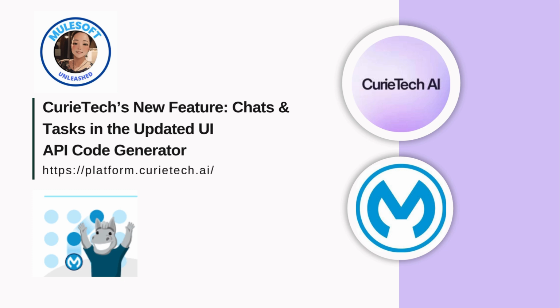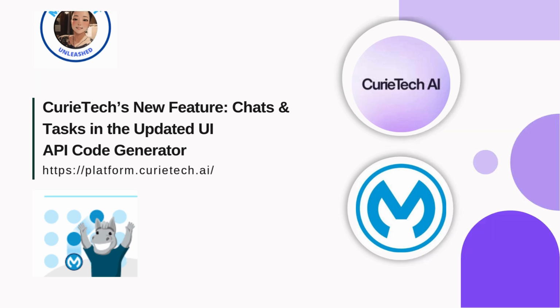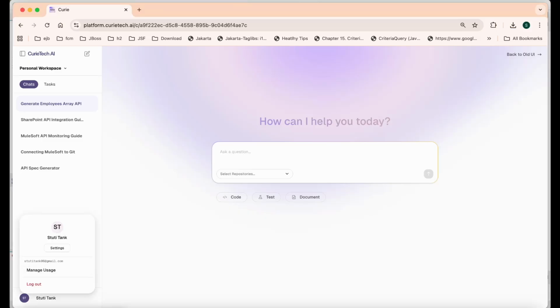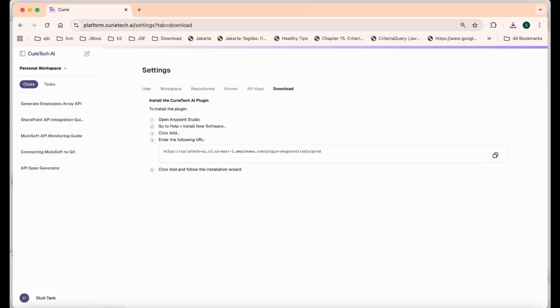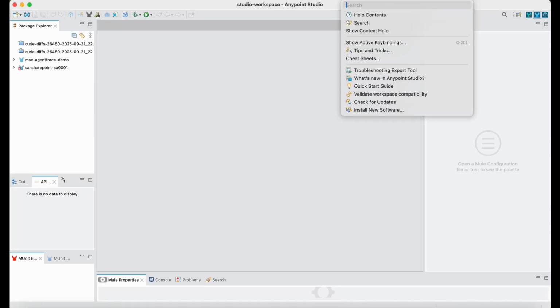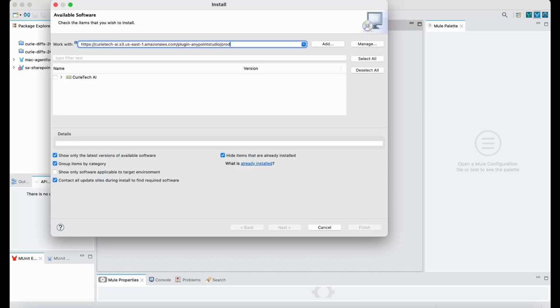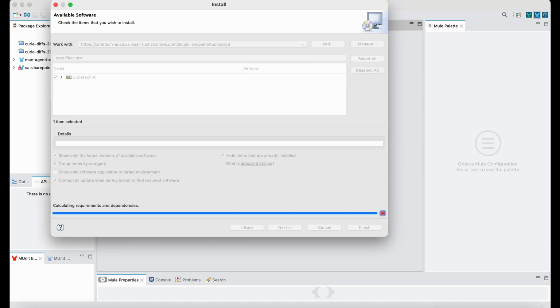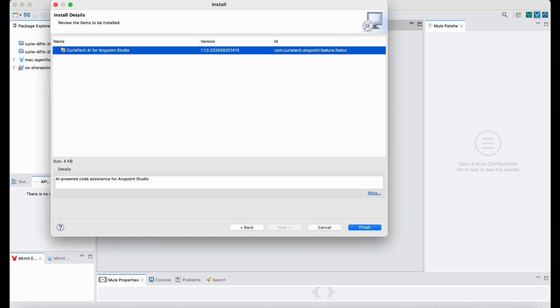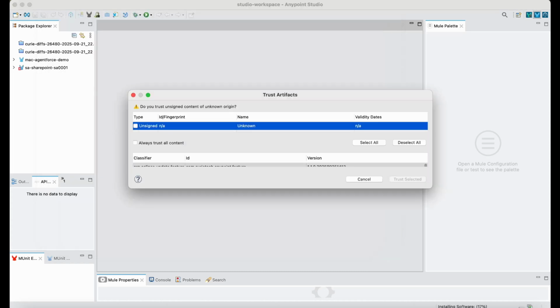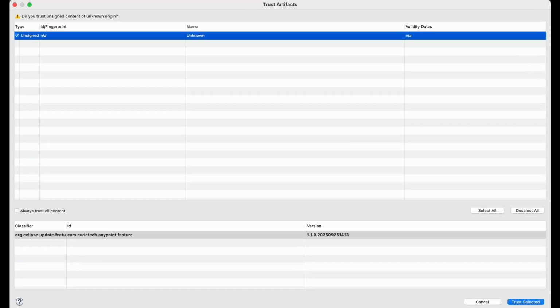Step 1. Installing the plugin first. Log into CurieTech AI and head to the settings. Download section. Copy the plugin URL. Then open Anypoint Studio. Go to Help, Install New Studio. Paste the plugin link provided. Click CurieTech AI. Then click Next. Follow the on-screen instructions, clicking Next to proceed through each step. Accept the license agreement and when prompted, trust the listed sites. Once the download is complete,